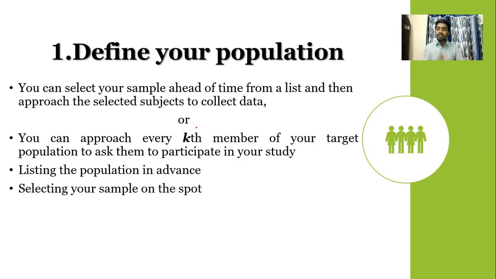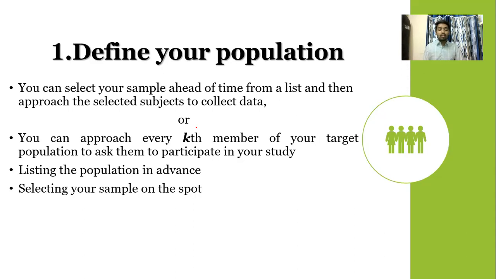It should be accessible to you, should be in contact with you. You should have their contact information, because you need to ask them questions, you have to approach them. So to do this, you should have their contact information in advance, or be able to access that population in advance. Only then can you get a proper survey.